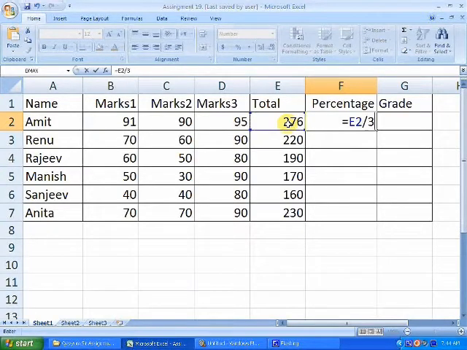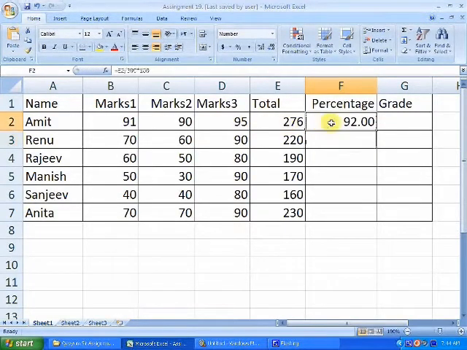So divide this by 300. Why 300? Because there are 3 subjects of 100 each, and multiply by 100. So to get the percentage we divide by the total number of marks and multiply by 100. Press enter. 92 is the percentage of Amit.